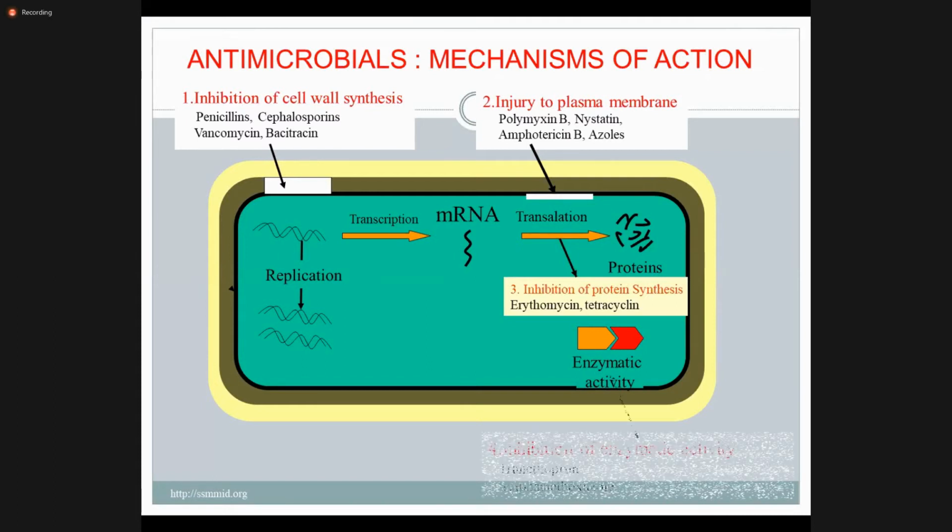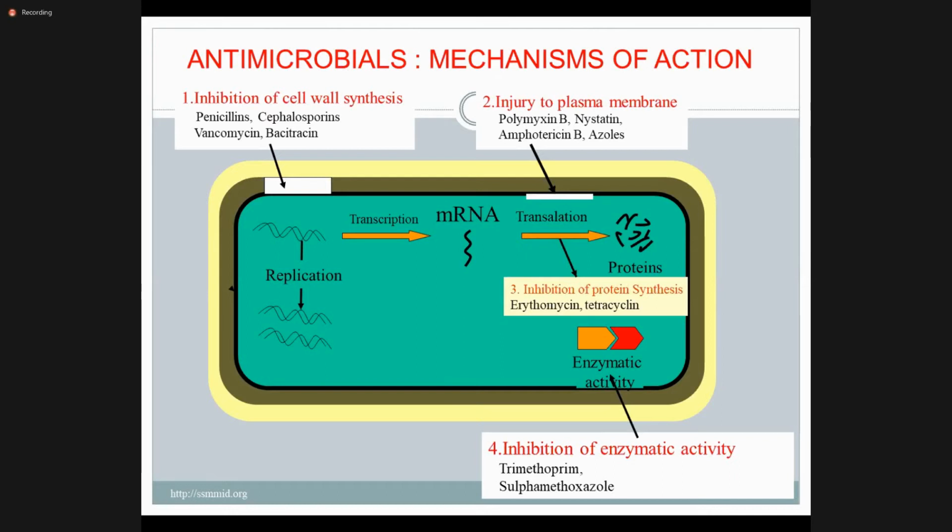Inhibition of enzymatic activity, right? One of the activities required for multiplication is the formation of folic acid, and folic acid is required for the synthesis of purine and pyrimidine, which are the essential building blocks for the synthesis of DNA and RNA. And you know, DNA and RNA are required for the multiplication of